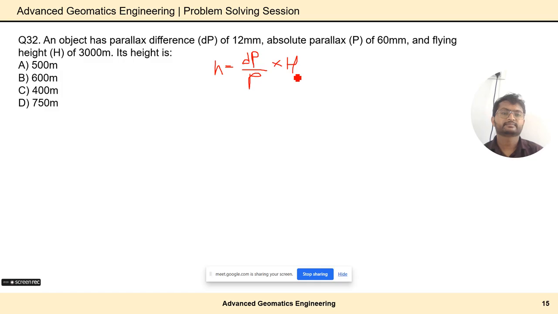What will be your answer? If we put everything here, we will end up with, yes, right: 12 by 60 will be 1 by 5, and then 3000 by 5 will become 600